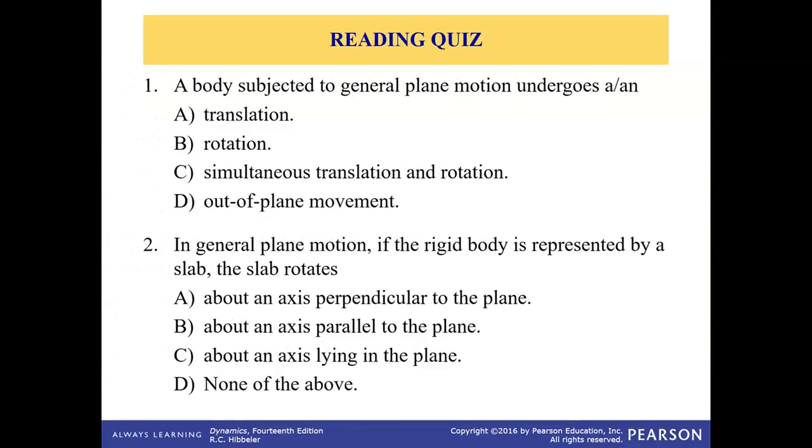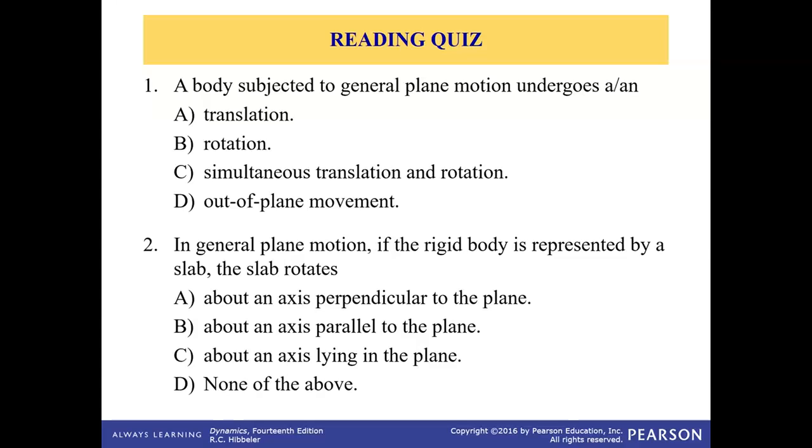So let's start with the reading quiz. The first question is: a body subjected to general plane motion undergoes A. Translation, B. Rotation, C. Simultaneous translation and rotation, and D. Out of plane movement. And the correct answer, as you know, is simultaneous translation and rotation,